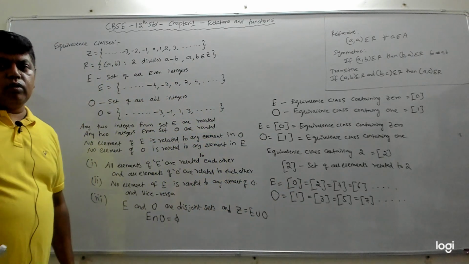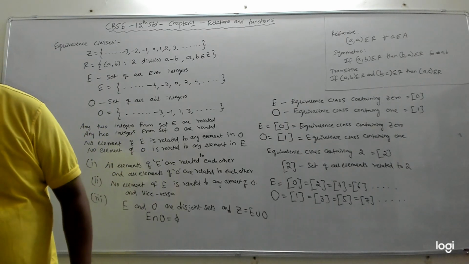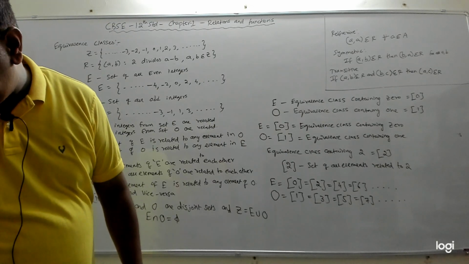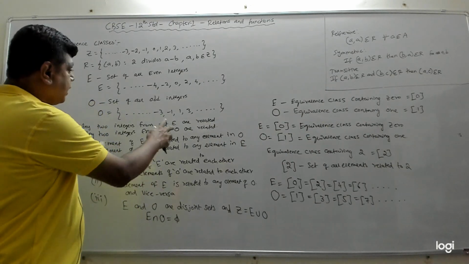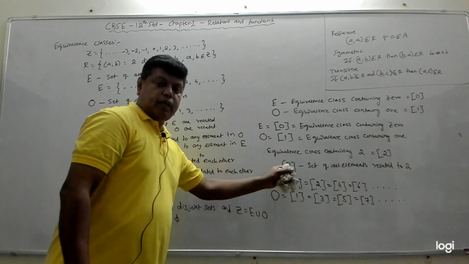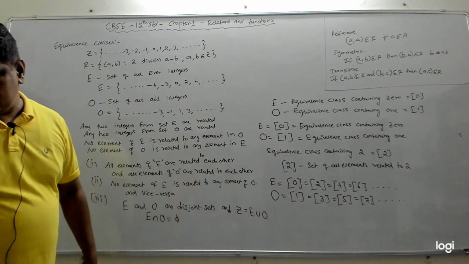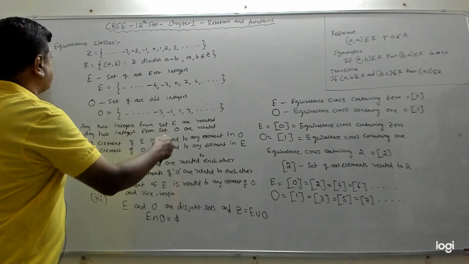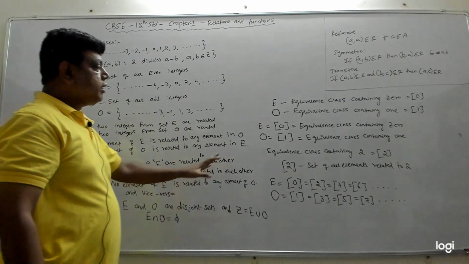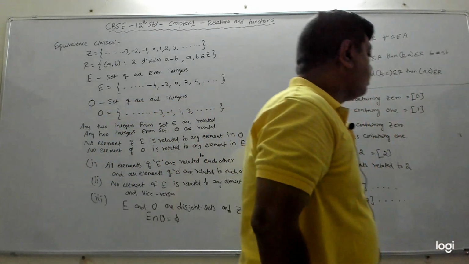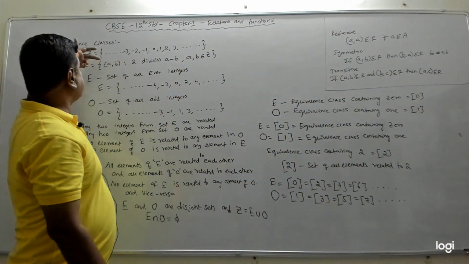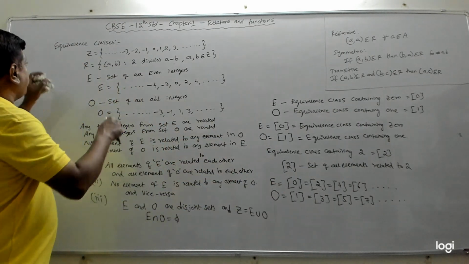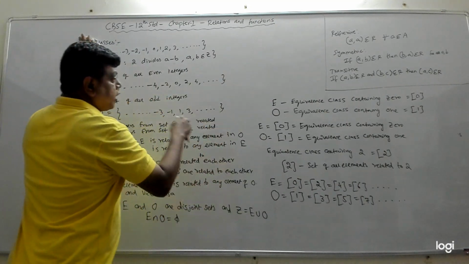Fine. Now we will move ahead with one more thing. Let's generalize this concept. I have explained this by taking one particular example, which is this set and this relation. We have found what the equivalence classes are and all that. Now in general, all of you can copy this.